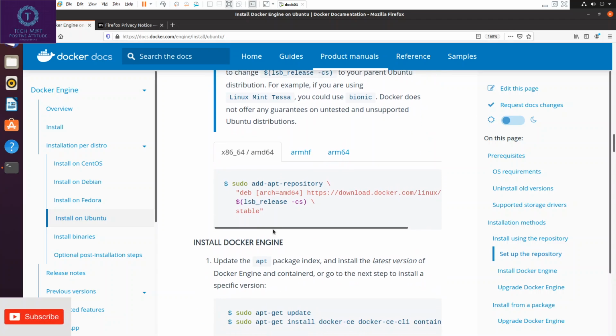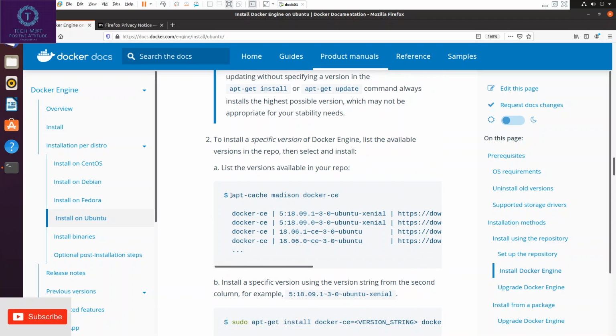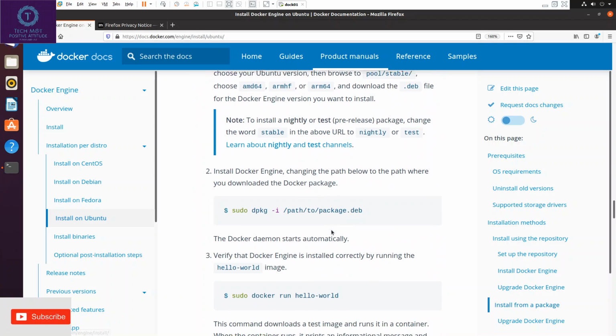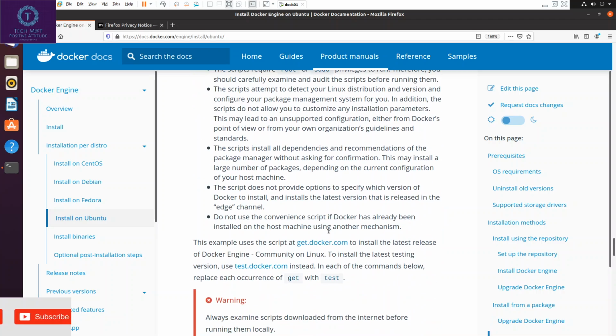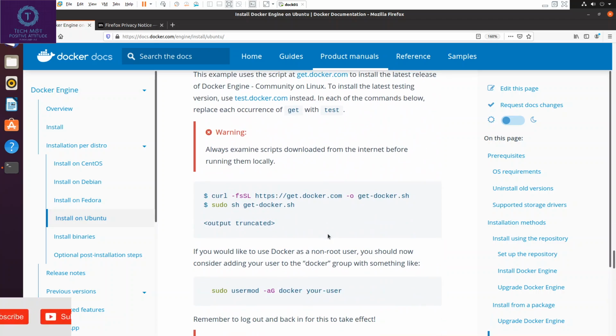Now next, there are many things to do to install Docker engine, like this command, then cache addition docker, then install Docker, and so on. Docker has done one thing, they have combined all the commands in one script. Now we only have to run that one script. The script is this. First we need to download the script from Docker site.